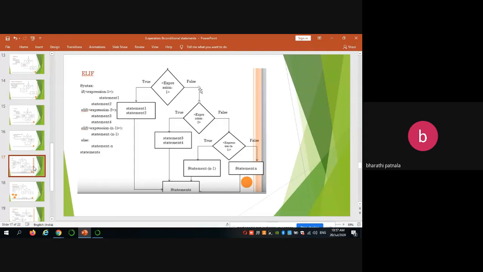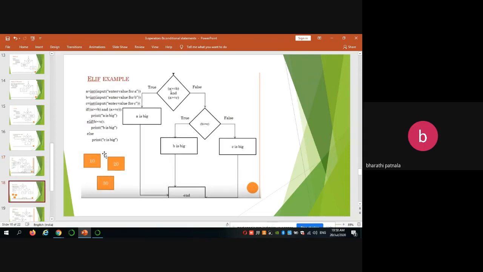Now coming to elif. So elif is used to compare more statements. Like if the expression is true, statements 1, 2 will be executed. If it is false, with elif you can check another expression. If it is true, this one; false, this one. Like that you can do many statements.